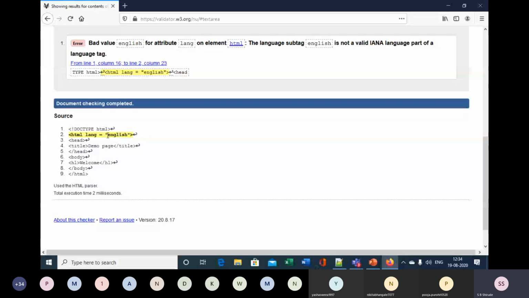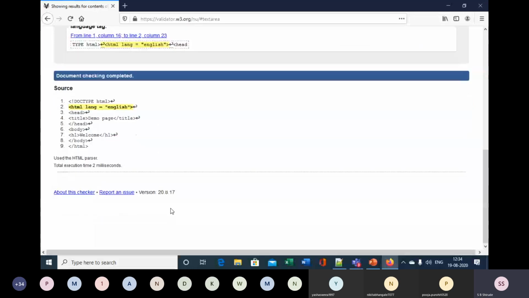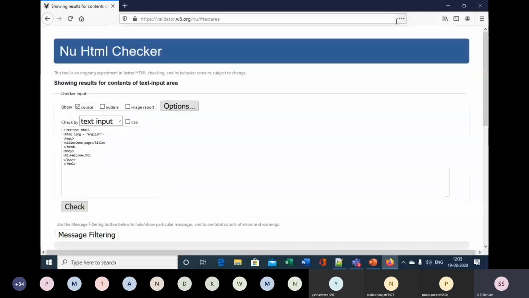And if I put that one, then this HTML parser will give me the correct result. So this is using the HTML parser, and the total execution time required is 2 milliseconds only. So this way we can use the validation service, which is available online at validator.w3.org. So I will close here.